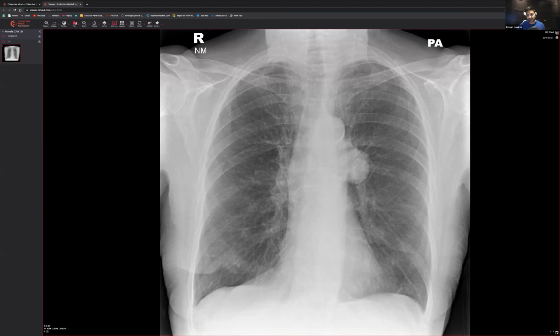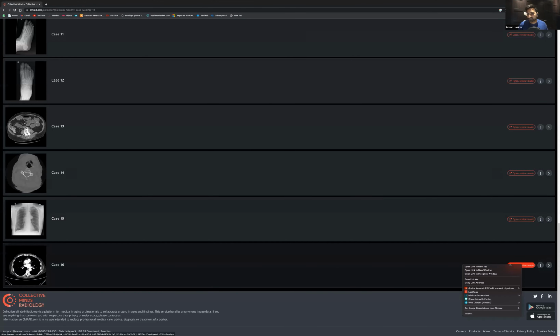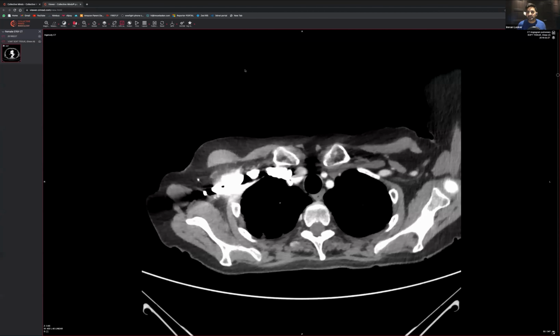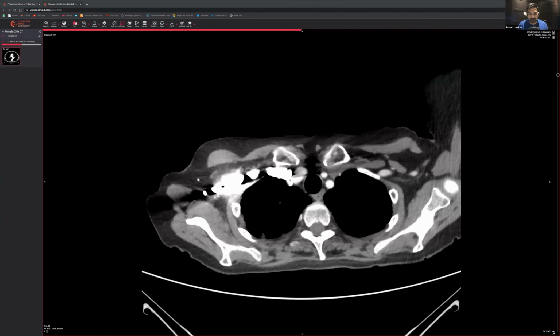The rest of the lung's completely clear, and there are no osseous abnormalities and no air under the diaphragms. Lung apices look clear, and we can't see anything behind the heart. So this person's headed to a CT, aren't they? Yeah, they have to, right? And thankfully, we've got a CT to try and have a look and see what's going on. While that's loading, I'm just going to let it download.